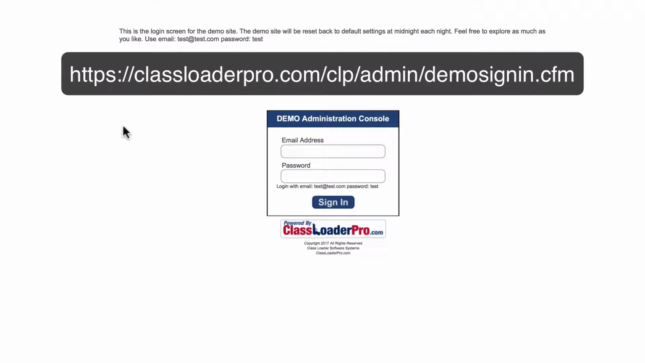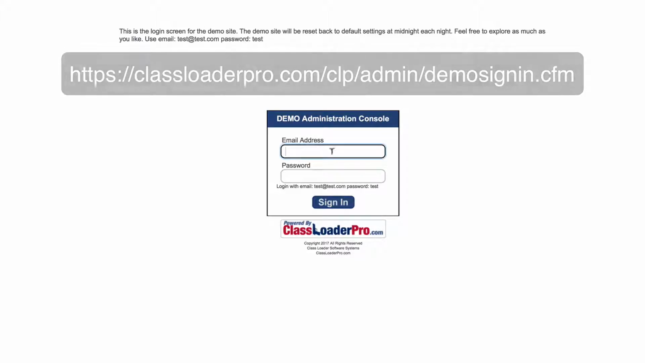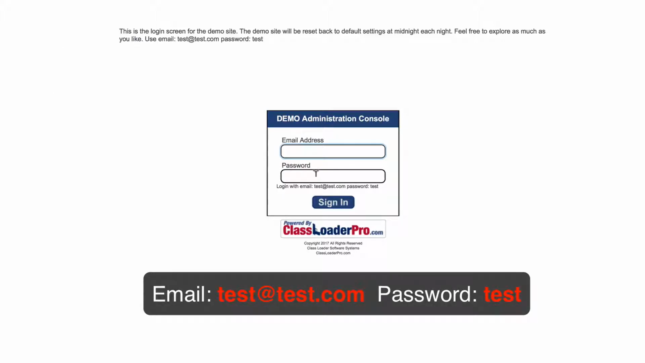So there we go. This brings us to the demo login. It's going to ask for an email address and a password. Now, once your account's set up, you would use your own email address and password to log into the admin site. But just for this demo account, we're going to log in as